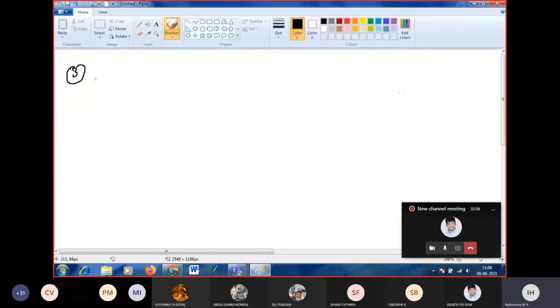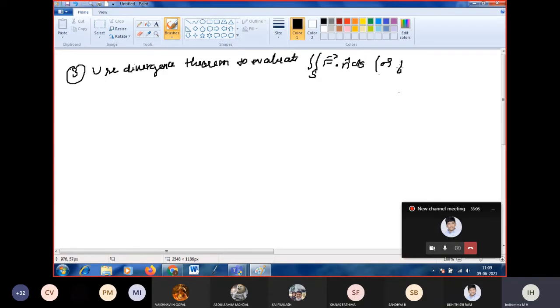Use divergence theorem to evaluate the double integral over the surface S of vector F dot n cap dS. In the bracket they may ask the same question as, or find the